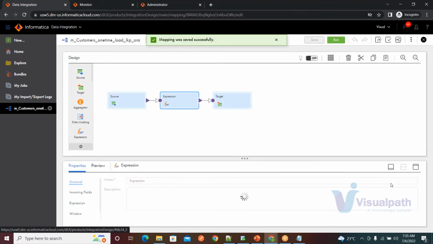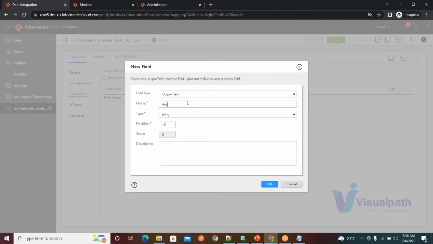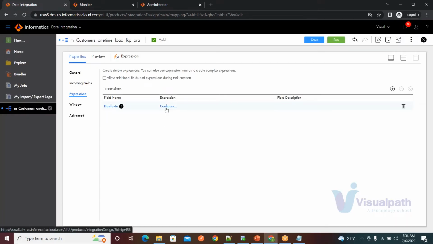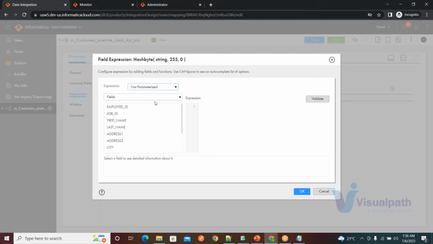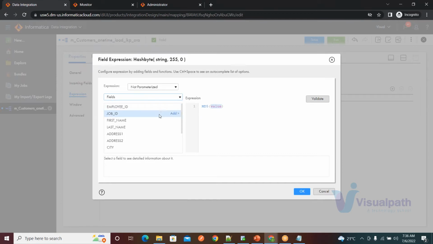But I would also create an output field. The output field is called hash byte. I'll select hash byte, the string value of 255. Then I'll go to configure, and I'll take a built-in function, MD5. MD5 is a function which is a unique coding. So this function is giving a kind of checksum value, taking the entire uniqueness of a row. Go to your fields, except your employee ID. So job ID, let's say,